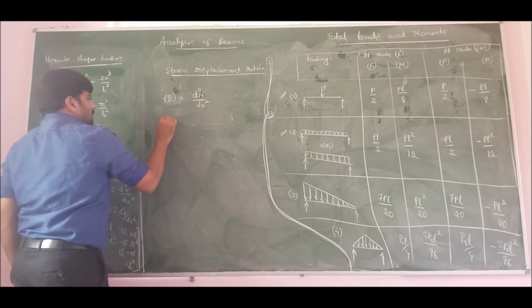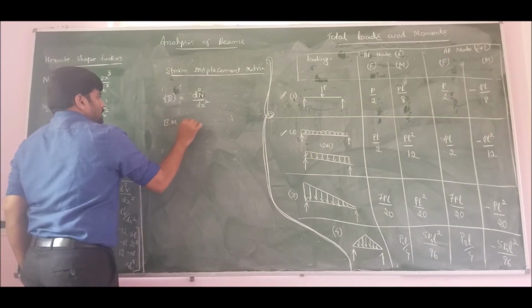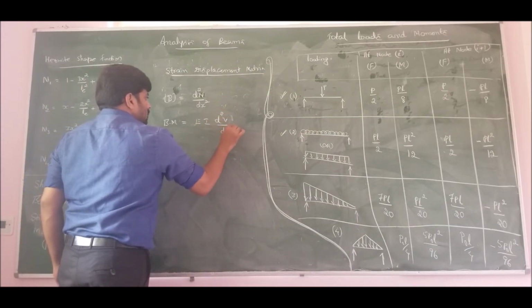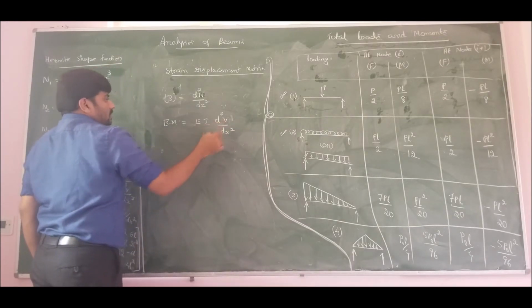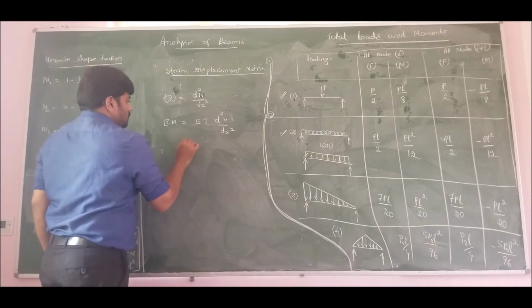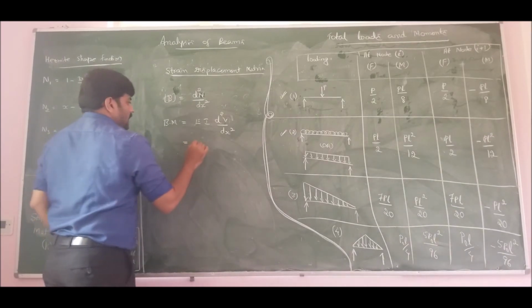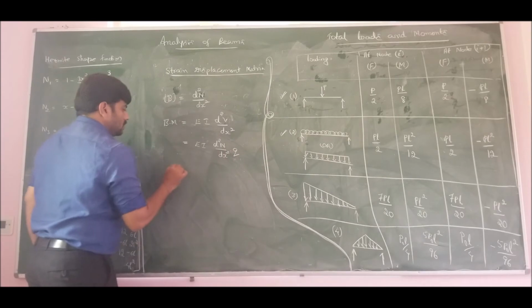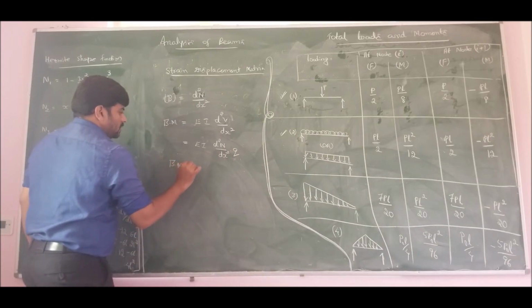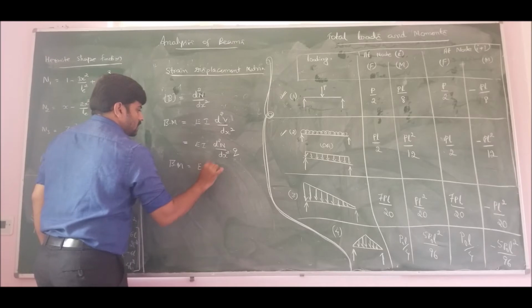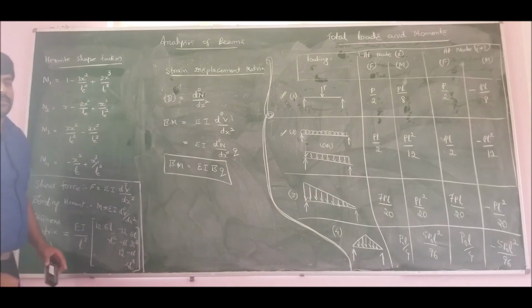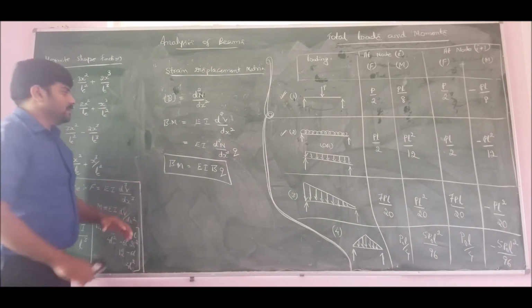Therefore, the bending moment can be written as EI d square v by dx square. We know that the global deflection is equal to shape function into nodal deflection, the nodal variables. So we have EI d square N by dx square into q. Therefore, the formula for bending moment is also written as EI, strain displacement matrix, into q. This is also a formula for bending moment in analysis of beams.